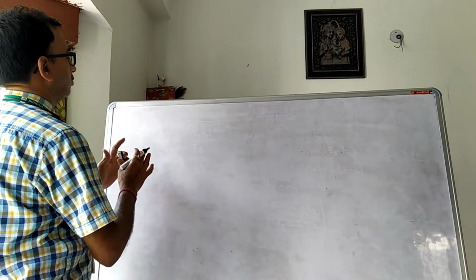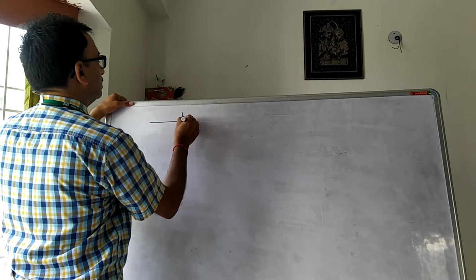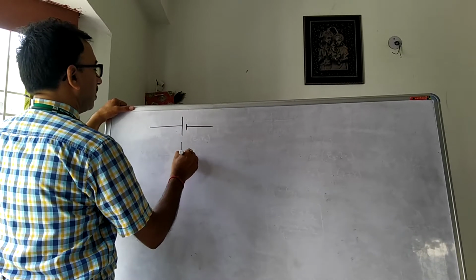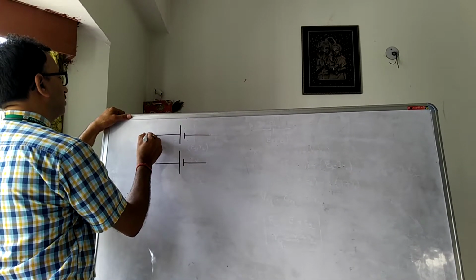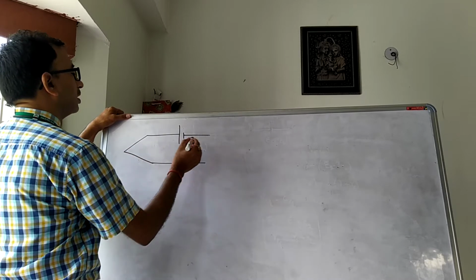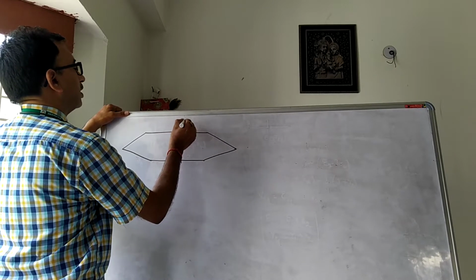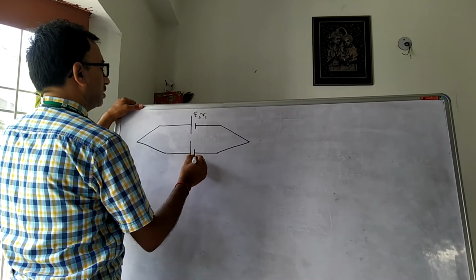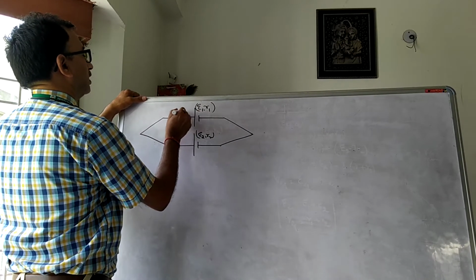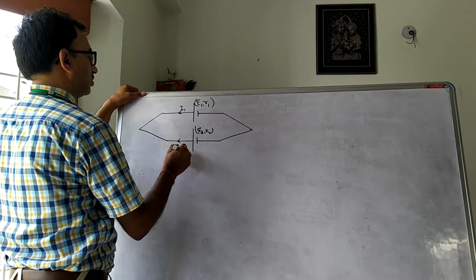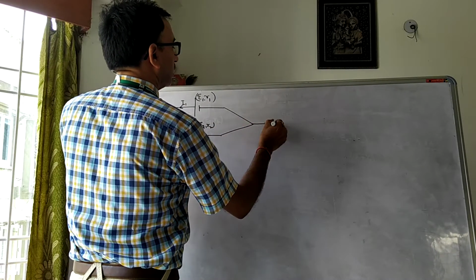Now let's understand what the E equivalent will be when the cells are connected in parallel. There are two cells connected in parallel. In parallel, both the leads are connected to the same end, and these two ends are also connected to the same point. This is E1 R1, this is E2 R2. The current coming out is I1 and I2. This is point A and this is point C.